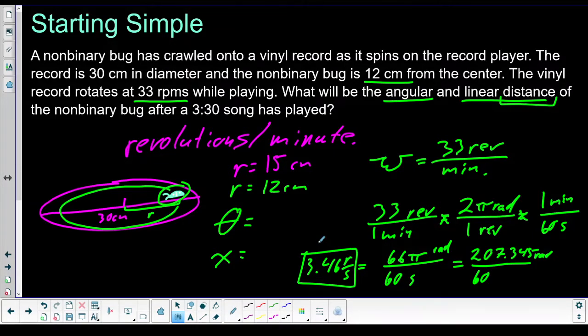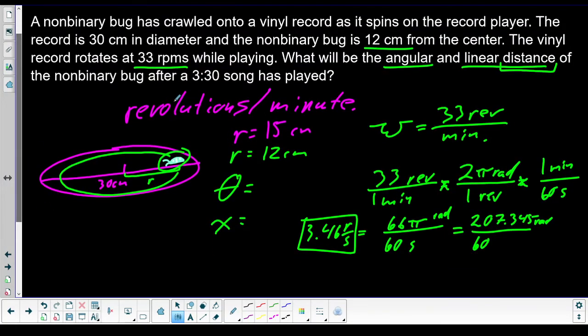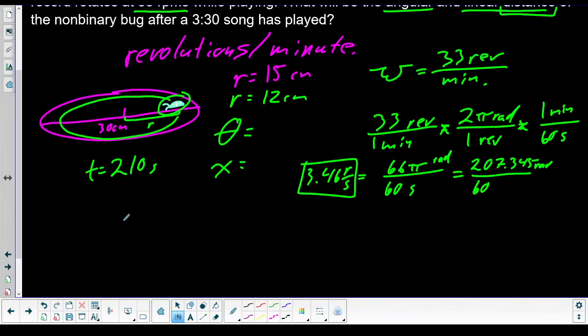And now let's get into the nitty-gritty, right? We're looking for angular displacement. Okay. We have our time. Time equals 3 minutes and 30 seconds or 210 seconds. Let's go ahead and find our angular displacement. That's the easiest. So angular displacement is equal to initial angular displacement plus omega naught times t plus 1/2 alpha